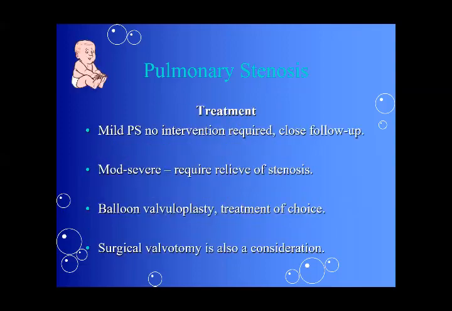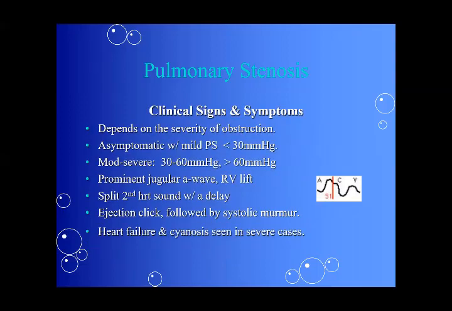Usually the treatment depends upon the signs and symptoms, which again depend upon the level of the pulmonic stenosis. If the stenosis is very critical, then the signs and symptoms appear very early. Symptomatic patients usually have mild pulmonary stenosis, with less than 30 millimeters of mercury pressure gradient. In moderate to severe, the valve pressure gradient is 30 to 40, 60 millimeters of mercury or more, and in severe cases it is more than 60 millimeters of mercury.